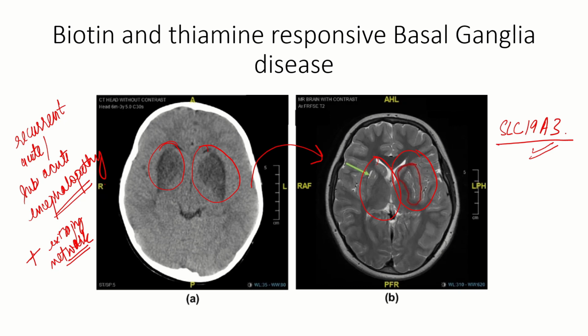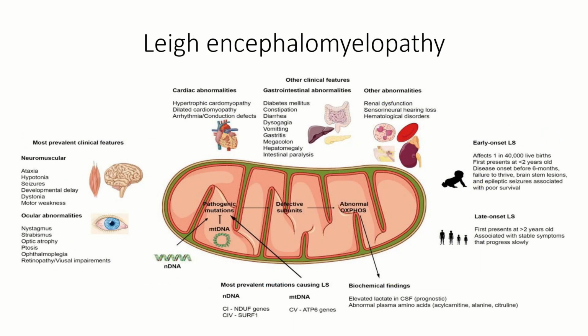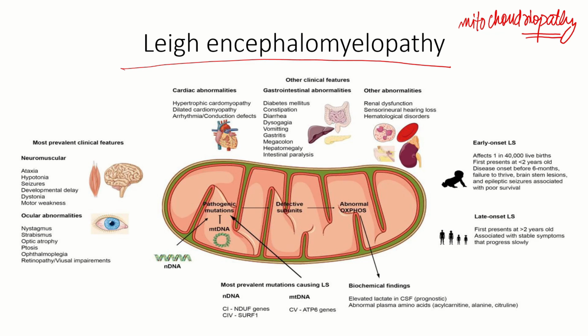A similar clinical picture and a similar brain neuroimaging picture is also seen in Leigh encephalomyelopathy. Leigh encephalomyelopathy is basically a mitochondriopathy. When we talk about mitochondriopathy, we are talking about a disorder in which oxidative phosphorylation has gone wrong. Thiamine is also involved in an energy-generating process, basically the link reaction. So if the link reaction doesn't happen, ETC will not happen and ATP will not be produced. And it has been seen that thiamine supplementation